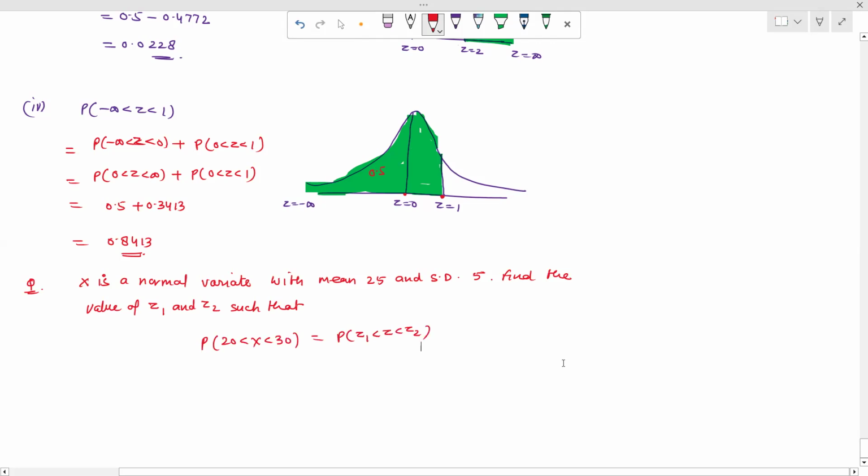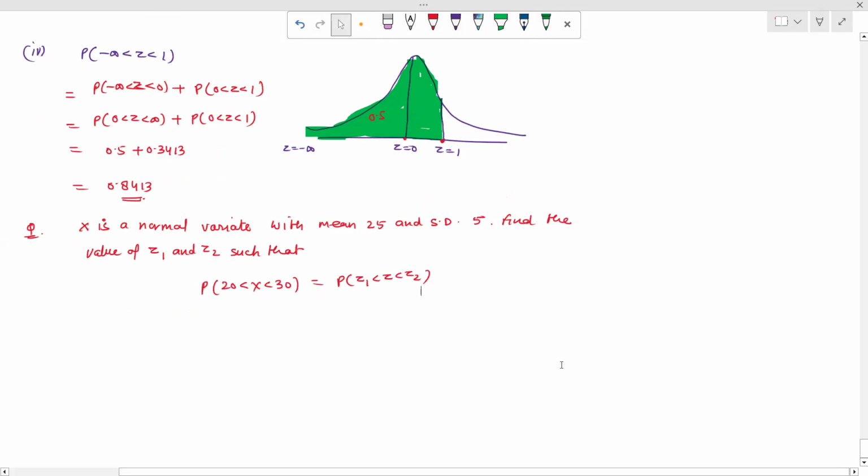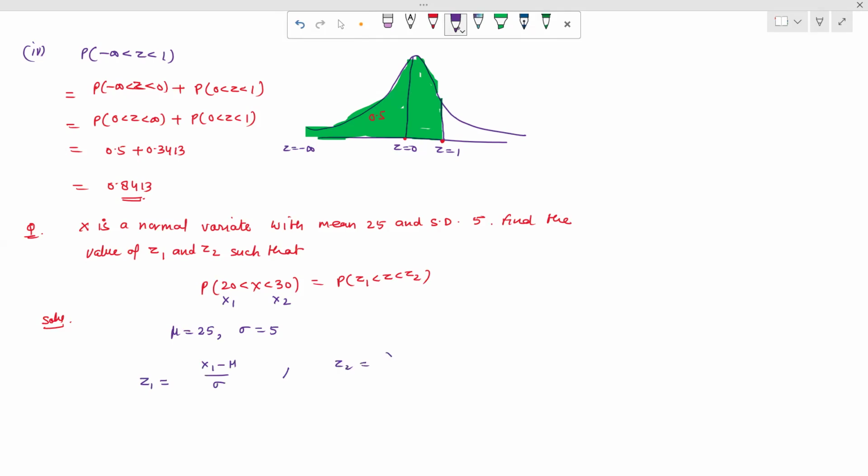तो बेसिकली हमें क्या करना है, जो एक्स स्कोर है उसे स्टैंडर्ड स्कोर जेड में कन्वर्ट करना है इसके लिए। तो सिंपल प्रॉब्लम है, इसमें तो कुछ है ही नहीं। तो कैसे सॉल्व करेंगे आप। तो यहाँ पर हमें जो मीन दे रखा है वो म्यू, म्यू कितना दे रखा है 25, स्टैंडर्ड डेविएशन कितना 5, और एक्स की वैल्यूज क्या हो जाएंगी, ये क्या हो जाएगा फिर हमारा x1 और x2 हो जाएगा। तो हियर वी राइट डाउन z1, z1 हमें किसके लिए लिखना है, x1 के लिए। तो x1 माइनस म्यू अपॉन सिग्मा फॉर z1 हो जाएगा, और फिर Z2 के लिए लिखना होगा तो वो किसे लिखेंगे हम, x2 माइनस म्यू अपॉन सिग्मा। सो दिस कैन बी रिटन एज 20 माइनस 25 अपॉन 5, और Z2 वी राइट डाउन एज 30 माइनस 25 अपॉन 5।